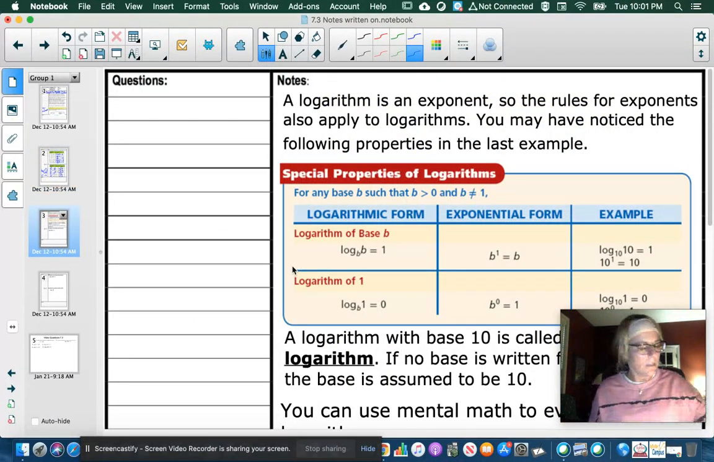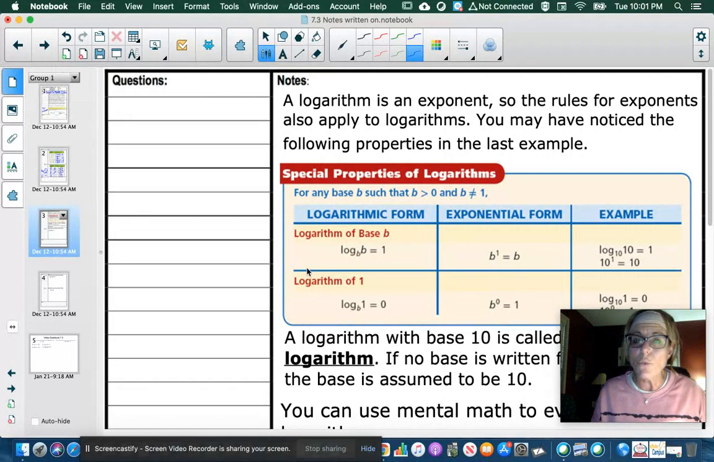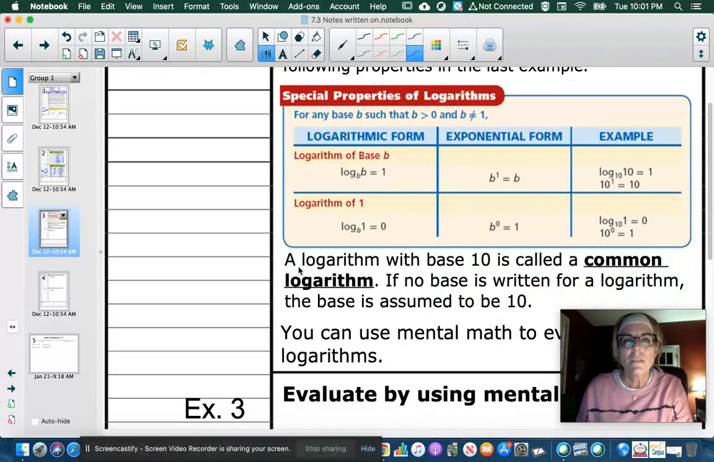All right. A logarithm is an exponent. So the rules for exponents also apply to logs. You may have noticed the following properties in the last example. So let's go over the special properties of logarithms. For any base b such that we always know b is greater than 0 and b does not equal 1, the log of base b,